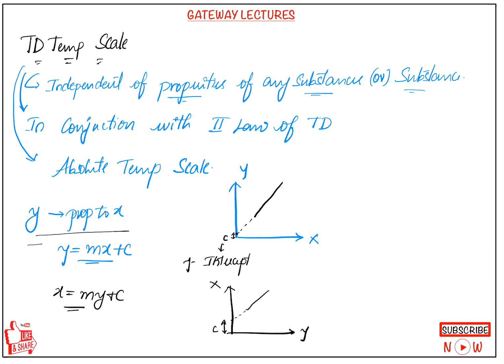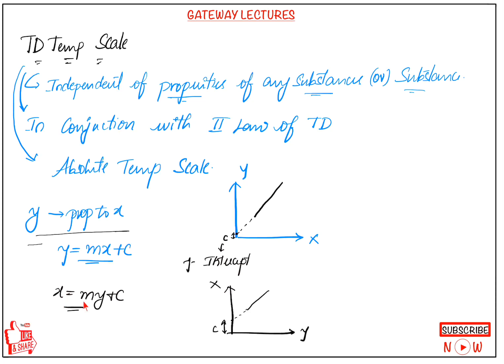Here y = mx + c. So we can say that y is dependent on x, and that relation is given as a straight line. When the straight line is extrapolated onto the y-axis, it will not intersect the origin, because c is not 0. If c is equal to 0, this straight line will intersect the origin when extrapolated. But since c is not equal to 0, it will intercept at a distance c on the y-axis, and that c is known as the y-intercept.